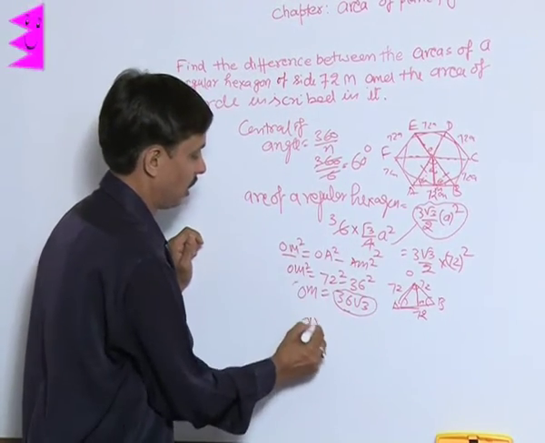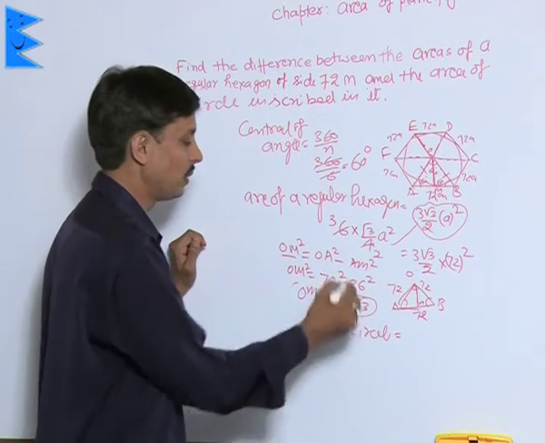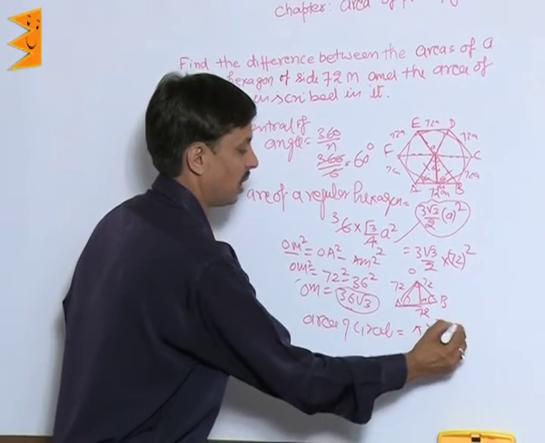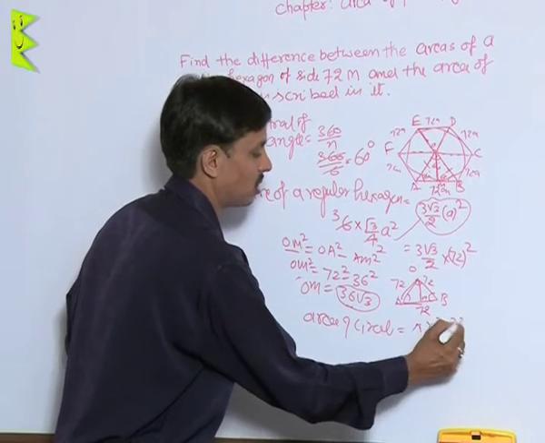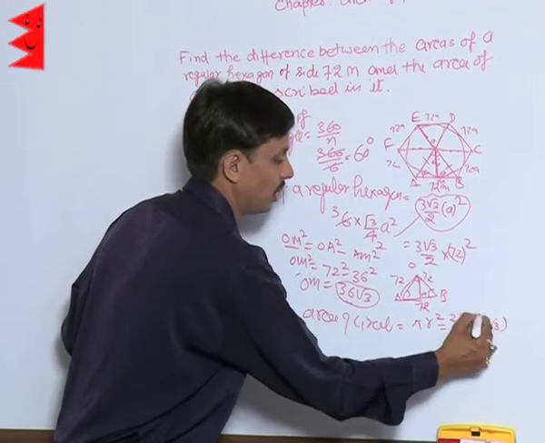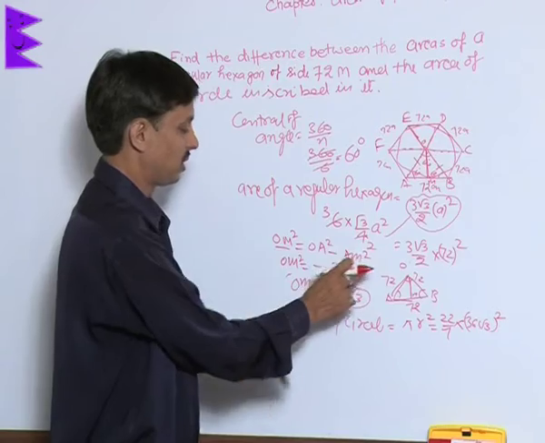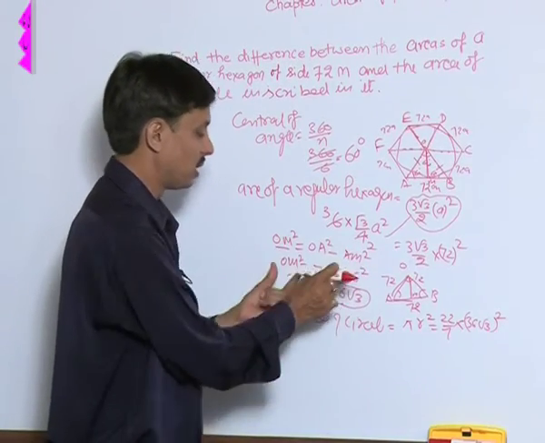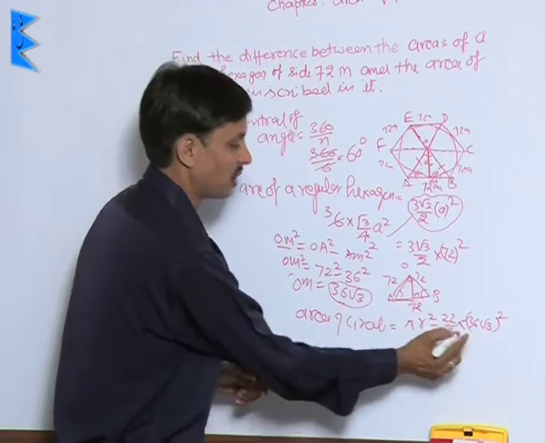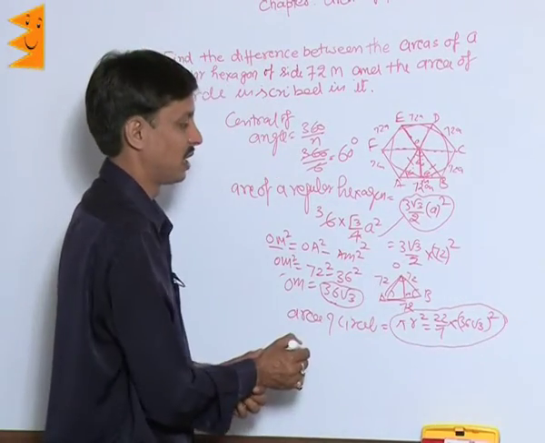Area of circle, it is given by which formula? Area of circle is pi r square, that is pi, meaning 22 by 7, and radius is 36 root 3. You can go for the calculation 72 whole square minus 36 whole square. You will get this value as 36 root 3 after taking its square root. This is the area of the circle, pi r square, which is inscribed in a regular hexagon.